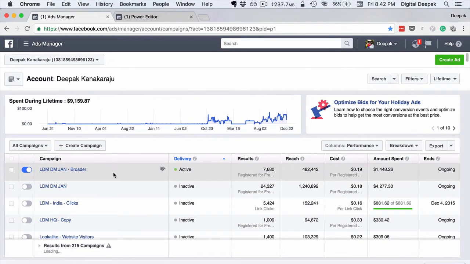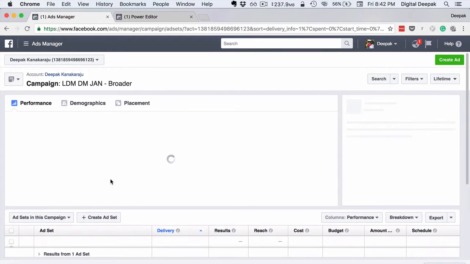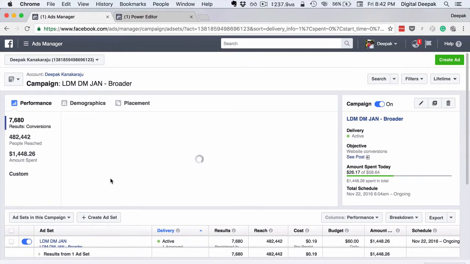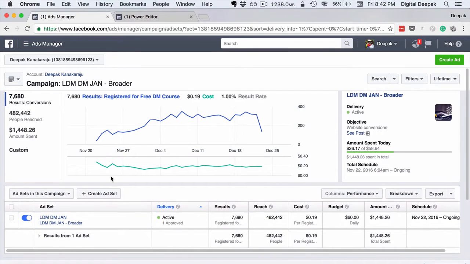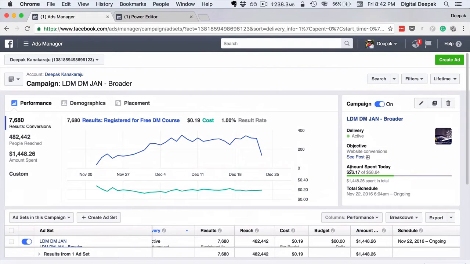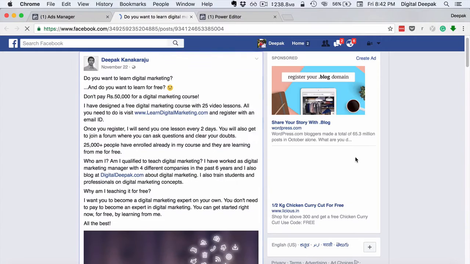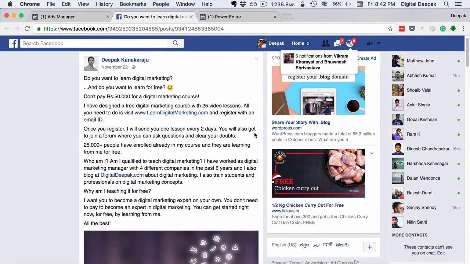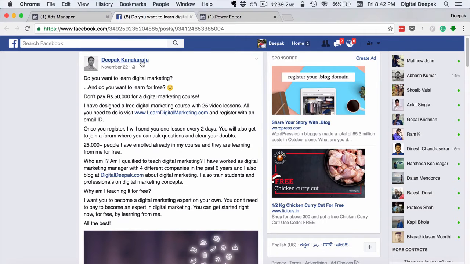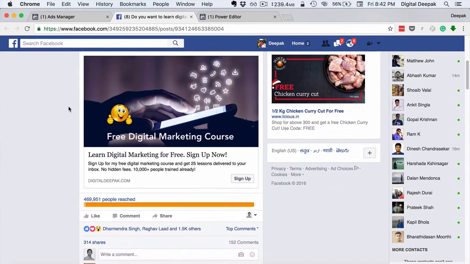First we will have a look at some more options in the Ads Manager. Let me go ahead and click on this campaign. Once I click on the campaign, I can see the ad groups here, and I have only one ad group. One interesting thing is that you can click on see post, and it would open up the specific post that is there on the ad. This post is on this page, but it's not publicly available. It is a hidden post and it's running as an ad only.